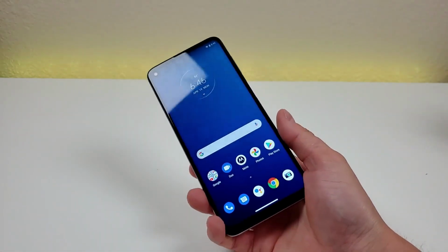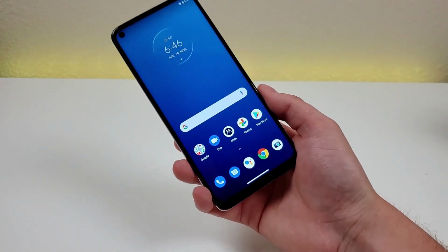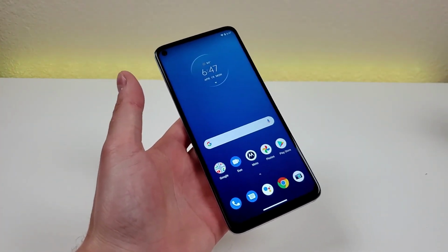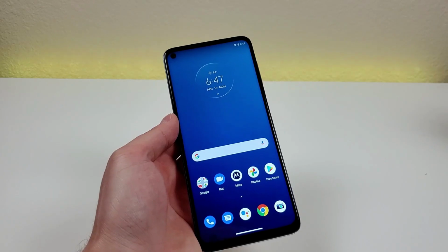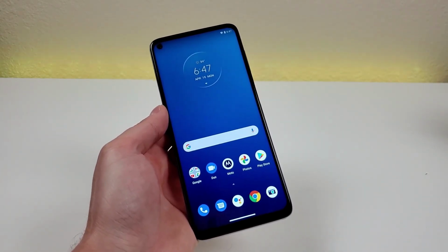But in conclusion, is the Motorola Moto G Stylus 2021 worth getting? In general, I'm a really big fan of this phone. I feel like it is a very capable device and will likely suit the needs for quite a few people out there. If you're looking for something a step above some of the cheaper budget devices, but at the same time, you don't want to spend